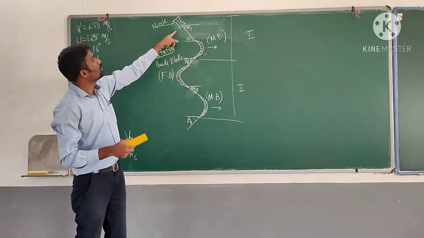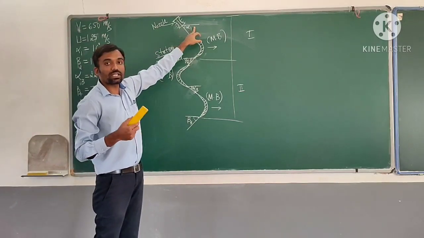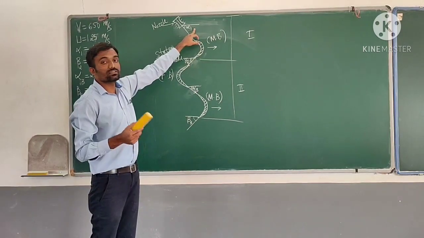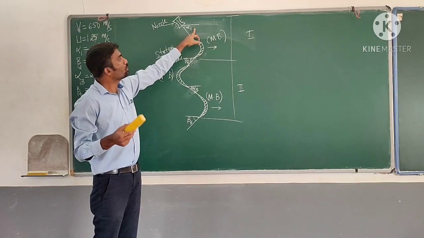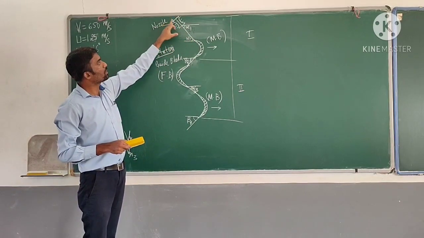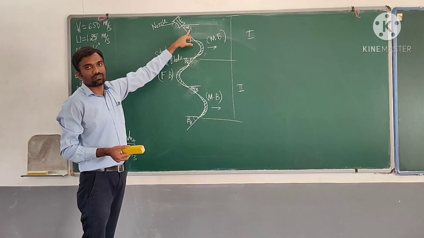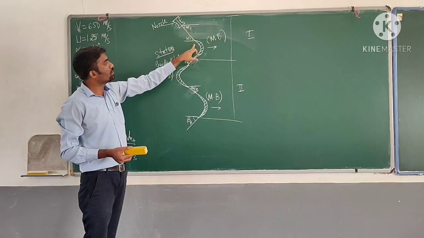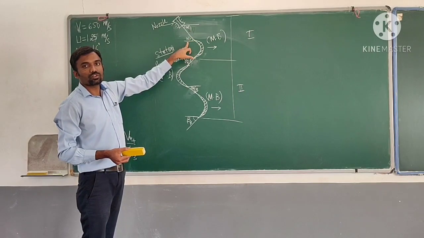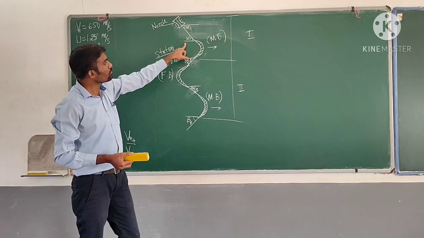Now coming to the terminologies. In the problem it will be given the outlet angle of the nozzle. So you don't get confused that it is alpha 2. Usually students make that mistake. Outlet angle of the nozzle means we have to take it with respect to the nozzle. So that is alpha 1 for the first stage, you can see here. This is the first stage, which can be shown here. So this is the outlet angle of the nozzle.